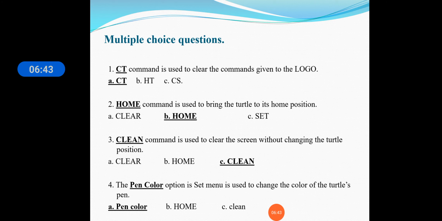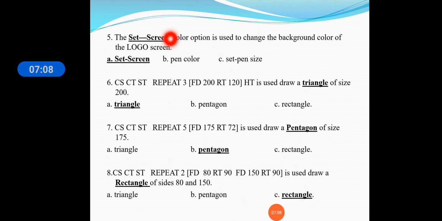Home command is used to bring the turtle to its home position. Third one, clean command is used to clear the screen. Fourth one, which option in the set menu is used to change the color of the turtle's pen? For changing the turtle's pen color, we use the pen color option. For changing the background of the Logo screen, we are using set screen here.